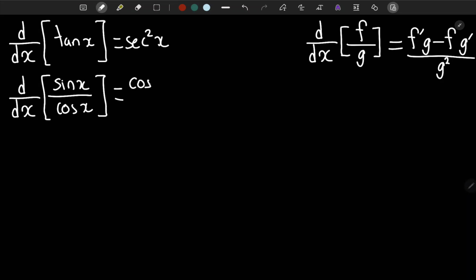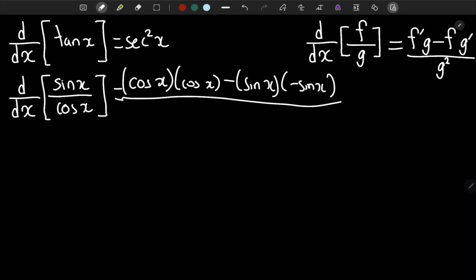going to be cosine x, g is going to stay the same, minus f g prime, so f is going to stay the same, g prime is going to be negative sine x, since the derivative of cosine x is negative sine x, and this is entirely going to be over cosine squared x. And now we can simplify this, so it becomes